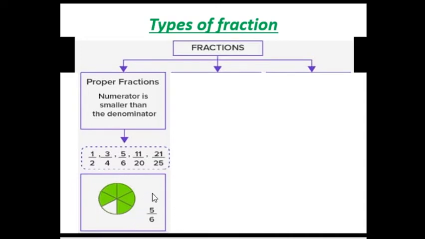This is a circle. How many parts, total parts will it be? 1, 2, 3, 4, 5 and 6. Now 5 is the shaded part out of how much? Total is 6. So the total parts we denote in the denominator, and the shaded parts, 5, we recognize in the numerator. So 5 by 6. Our definition said the numerator is smaller than the denominator. So in 1 by 2, 1 is the numerator, that is less than the denominator. 2 is the greater number. So this is all about proper fraction.